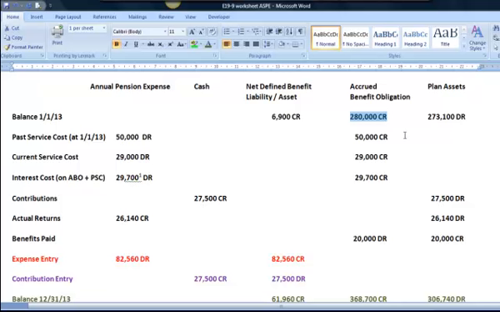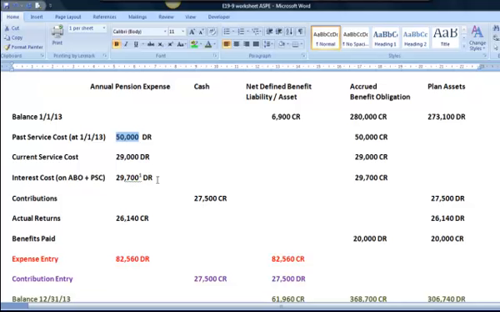But the idea is that we have a net liability here to open the period because we have an ABO that exceeds plan assets. So our plan's underfunded, so we're in a liability position. Now, what's impacted our pension expense this year? Well, moving forward into 2013, we also had a plan amendment which gave a bigger benefit to our